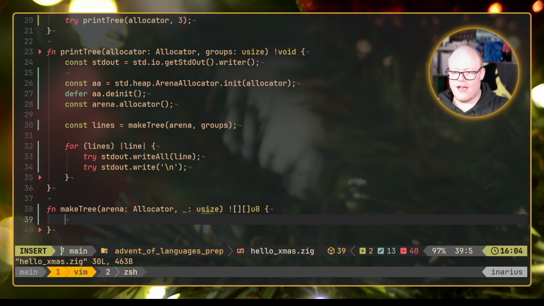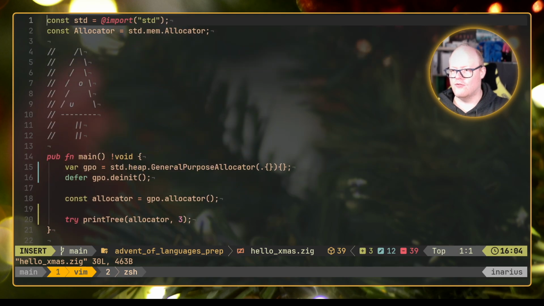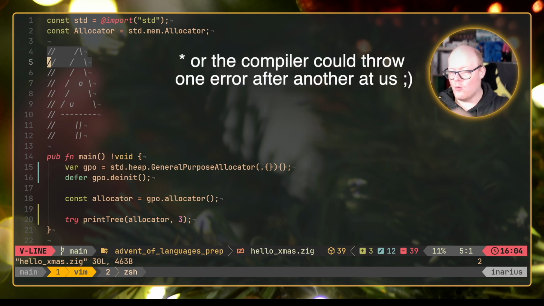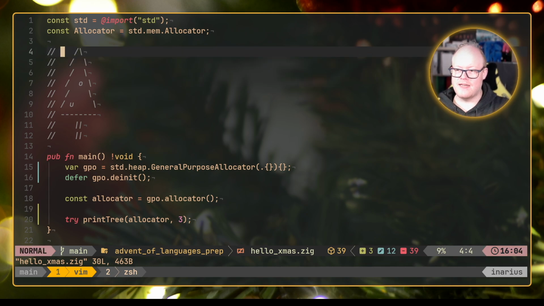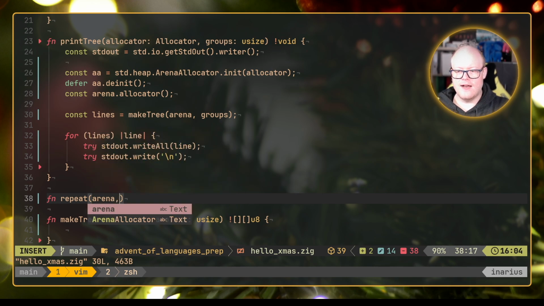Okay, so now we have our make tree function here, which actually now has an arena allocator. So we can now go ahead and start creating our tree. But what we first need in order to create our tree, because we of course want to start quickly, and I can guarantee you we are almost there. This is now going quite quick after we have all this memory allocation stuff there. What we need now is a way to create spaces, because we need those spaces before the slashes and between the slashes and stuff like that. So let's maybe quickly, first of all, create a function which we call repeat, which takes an arena allocator here,